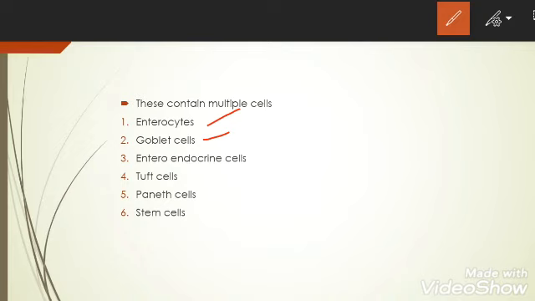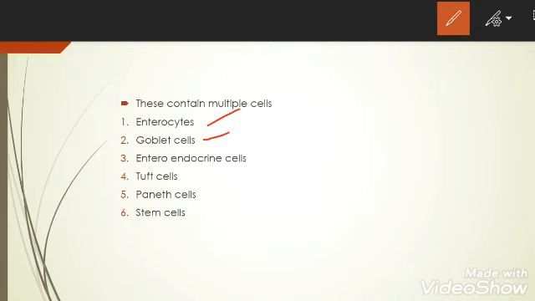Okay, so now we know about the enterocytes and goblet cells. Next are the enteroendocrine cells. By the name you can say that entero refers to the intestine, and endocrine refers to a cell which synthesizes hormones. So enteroendocrine cells are the cells which go on secreting hormones in the small intestine. Hormones are of different types, and the intestinal hormones are secreted from the enteroendocrine cells.